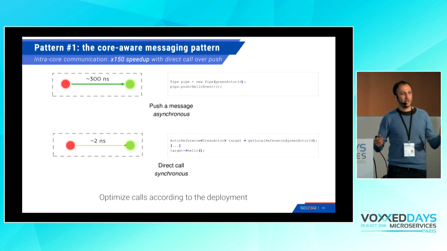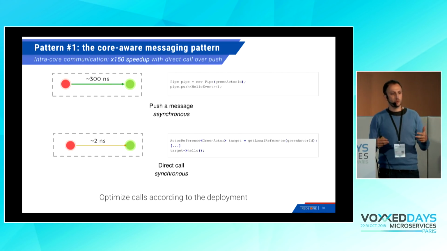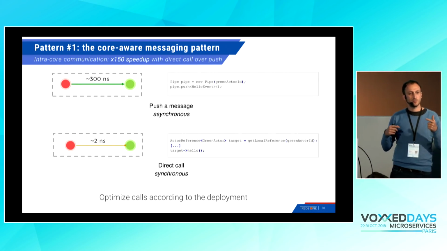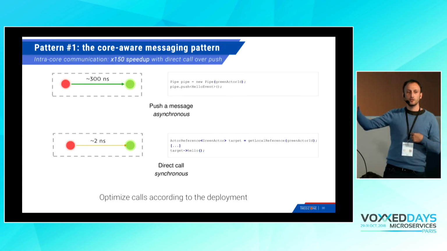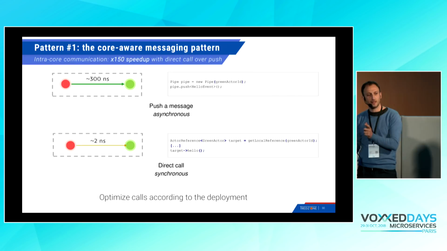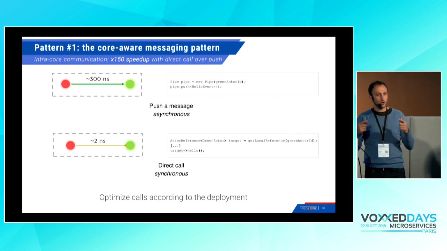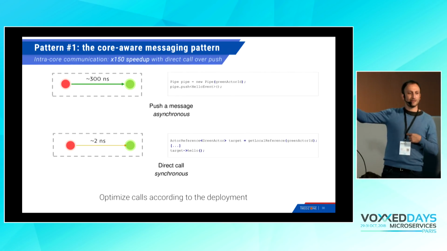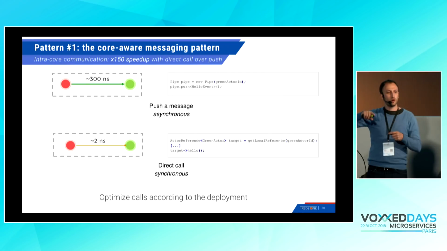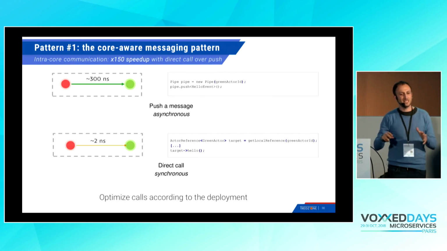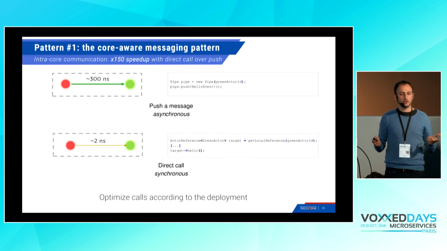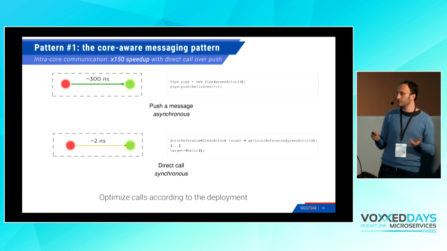Why? Because we have started saying that we should be mono-threaded per core, and all actors on the same core share the same thread. So you can have great optimizations just like that, because services know that they are running on the same core. Of course, don't do that every time, because if you do only direct calls, you will have many issues. But sometimes you know that you should do that, and you will have much better performance.